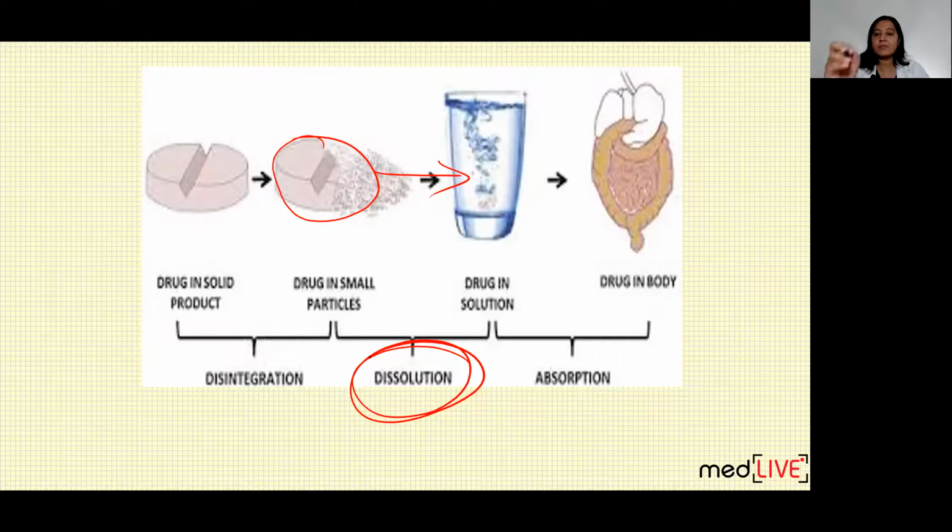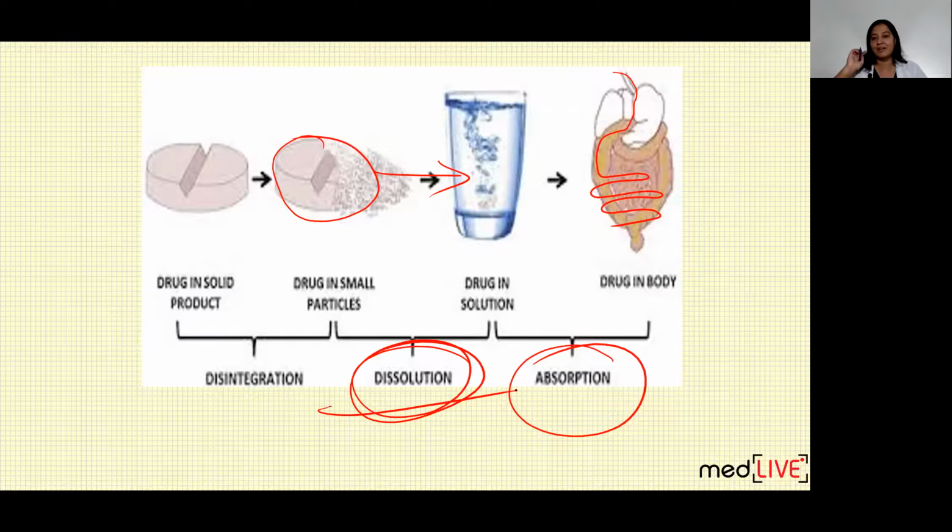After dissolving, the drug you take through the mouth goes to the esophagus, the stomach, and the intestine. After dissolving, it has to be absorbed from the intestine, which is like a cylinder. In the lining, there are four layers: mucosa, submucosa, muscularis propria, and serosa. In the submucosa, there are blood vessels. The drug is present in the lumen and is absorbed into the blood vessels in the submucosa. So absorption should be complete. If the drug is left unabsorbed in the lumen of the intestine, it will be excreted in feces. So the first factor is complete dissolution of the drug, which is never complete.